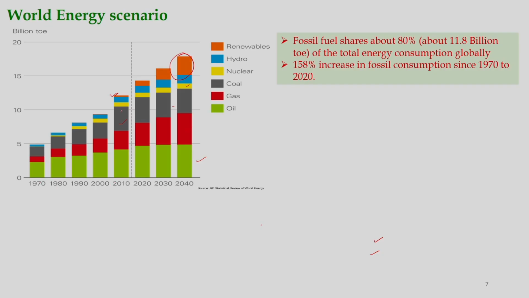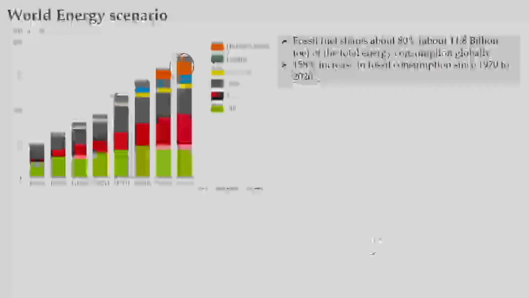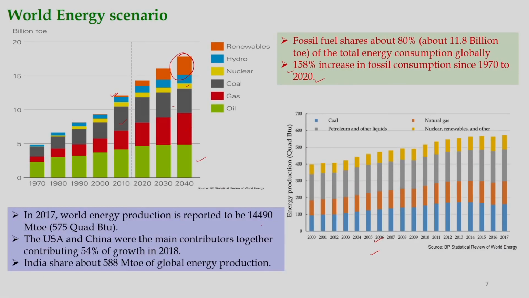80% of the share is coming from the fossil fuels, and you can see about a 158% increase in fossil fuel consumption from the 1970s to 2020, right. It is a huge increase in fossil fuel consumption. So, this slide shows about